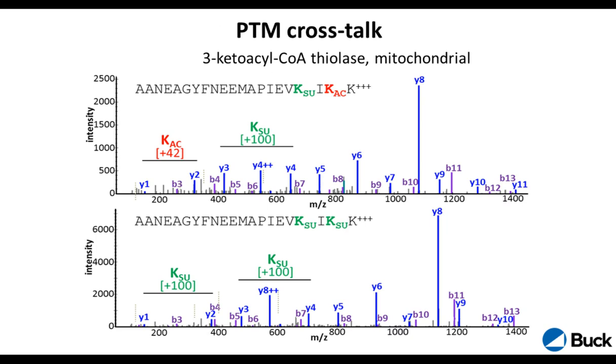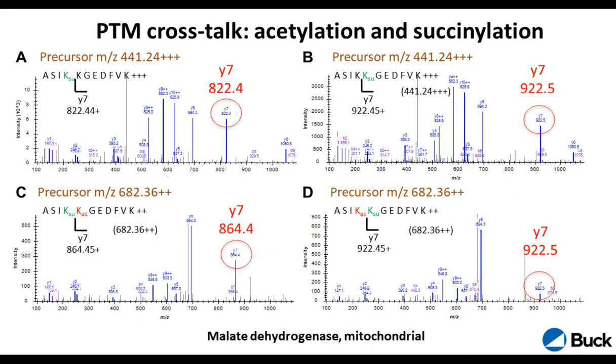In fact, in the data, it was quite interesting. We would get all these spectra here, for example, where we would have mixed species. Maybe there was one peptide that we saw both acetylated as well as succinylated. But we saw the same peptide also where both of these lysine residues were succinylated. So we saw all kinds of really interesting, different portfolios of acylation sites on one and the same protein. So we can really try and look at crosstalk of PTMs here.